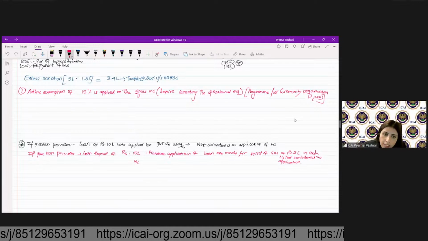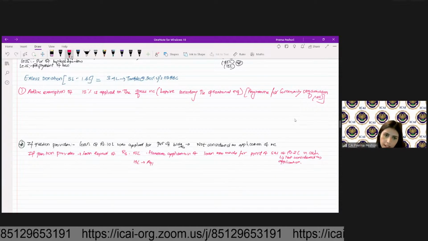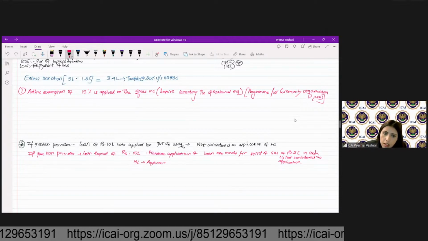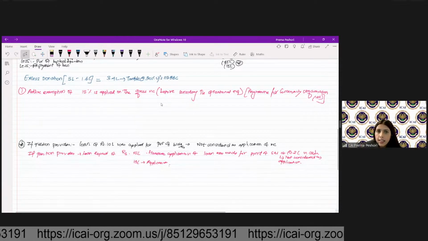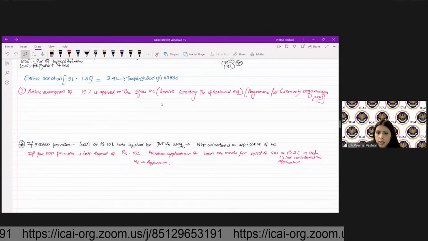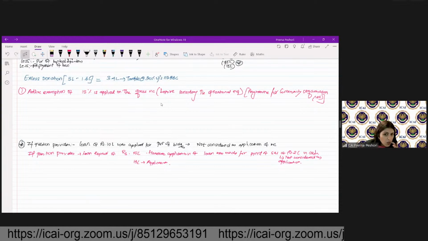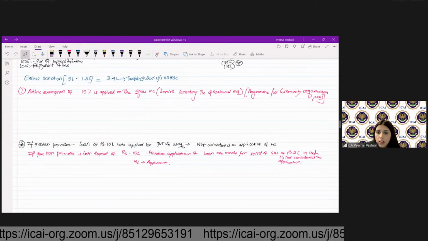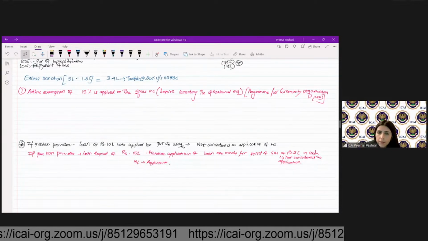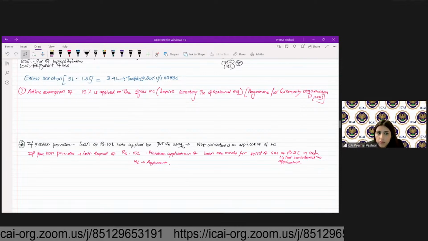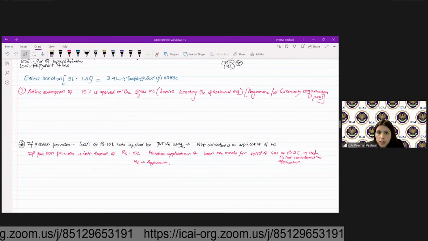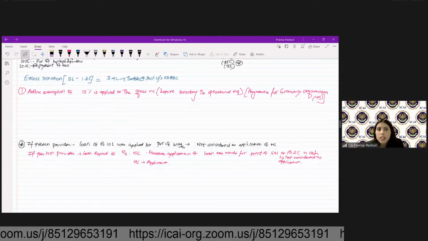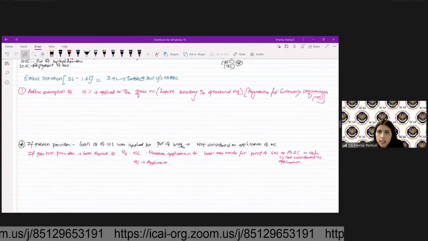Only 13 lakhs will be considered as application. Are we clear? Yes or no? Any questions, any doubts so far? Fine. Now, the next part is